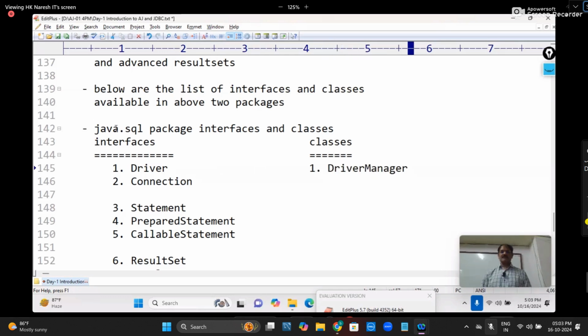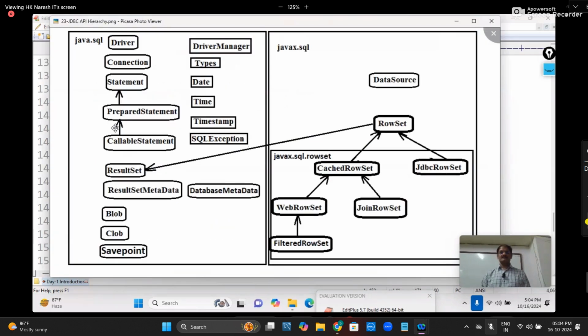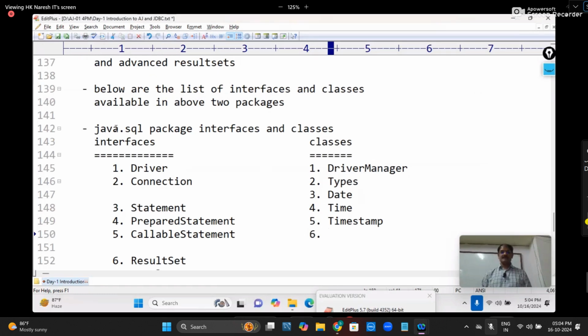DriverManager, Types, Date, Time. Yes, capital letter, small letter. Time, capital T. Very important. Next, Timestamp is one word, not two words. Next,